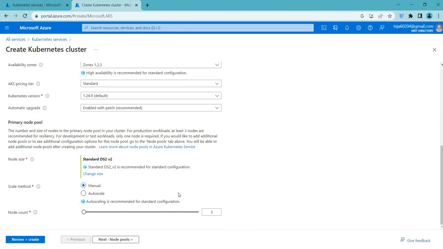On the other hand, if you want to choose auto scale, it's a feature that automatically adjusts the number of replicas or nodes in your Kubernetes cluster based on your current workload demands. Auto scaling is useful for applications with variable traffic patterns or when there are sudden spikes in traffic. Auto scaling can be configured based on various metrics such as CPU usage, memory usage, or custom metrics. Azure Kubernetes Service, AKS, provides an auto scaling feature that can automatically adjust the number of worker nodes in the cluster based on the CPU and the memory usage. So saying that, let's leave it as auto scale and maximum node as 5, and let's go to the next